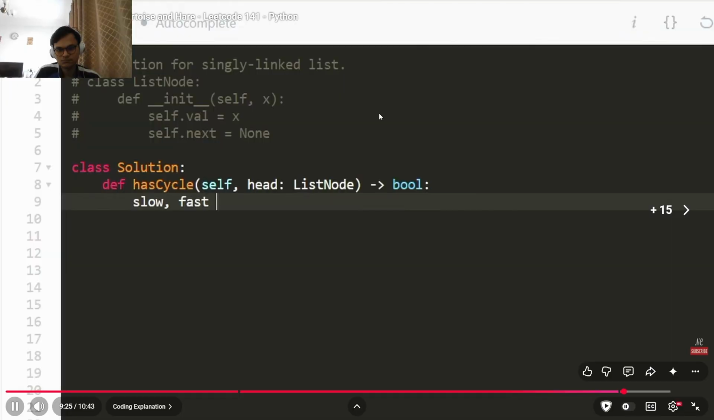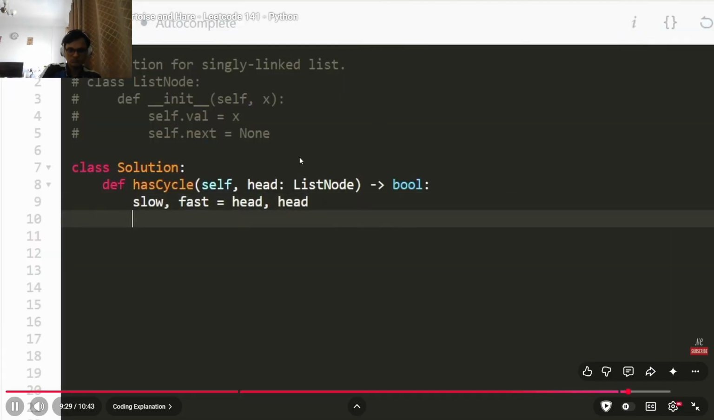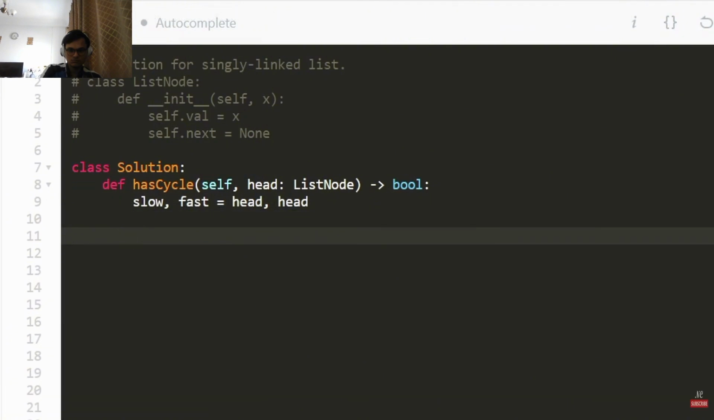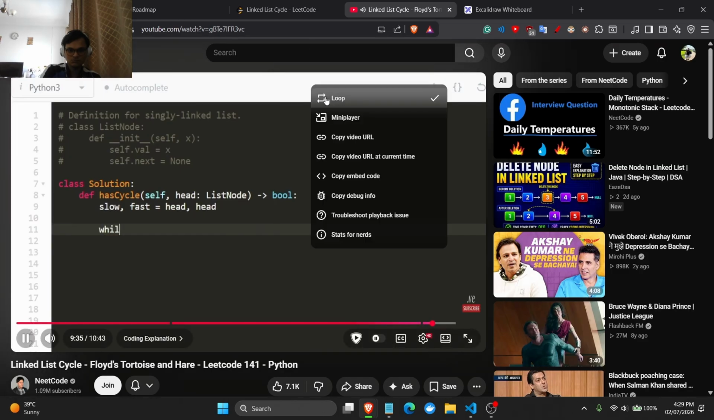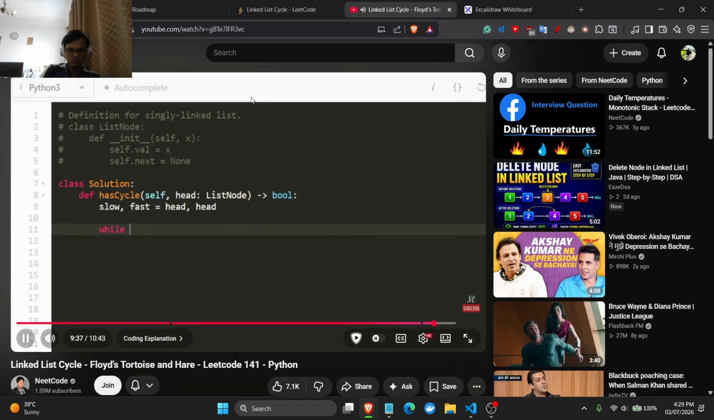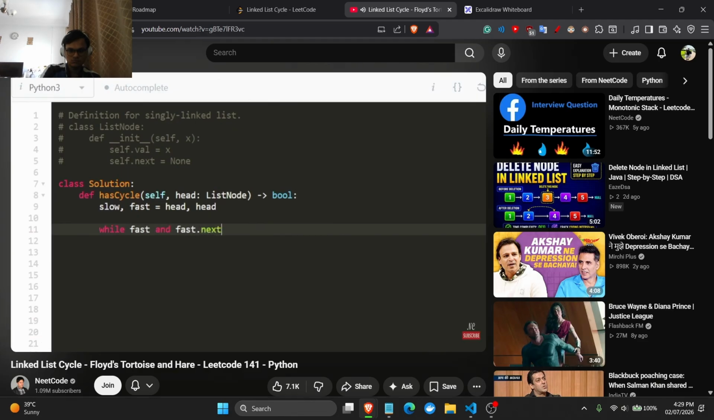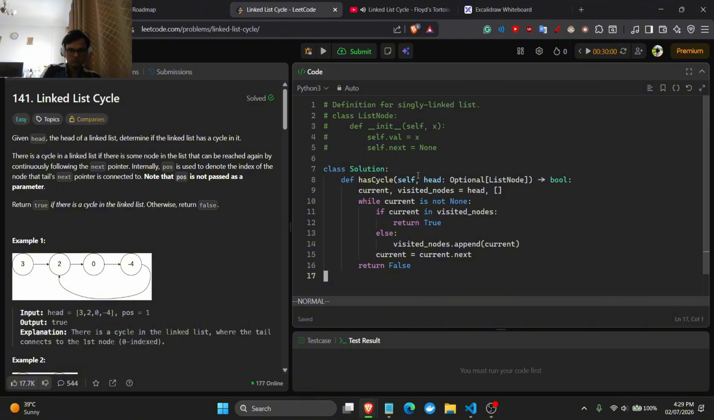We have the slow and fast pointer at the same position, and the next time that they meet each other is how we know we've detected a loop. So obviously they're at the same position now, so we don't want to say that there already exists a loop because we don't know that for sure. And we're going to be shifting our fast and slow pointers while fast and fast.next is not null, because we need to make sure that fast.next is not null, because remember we're shifting fast by